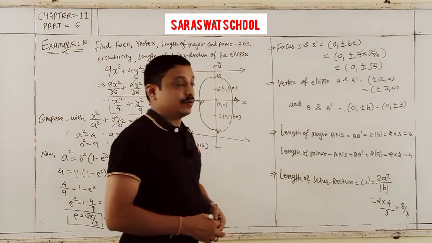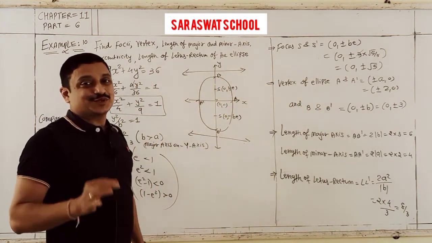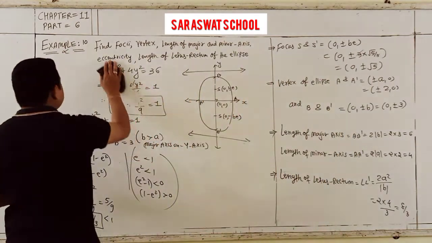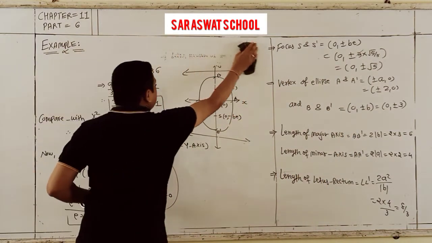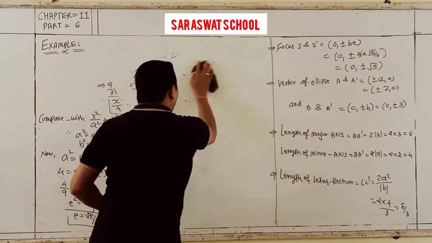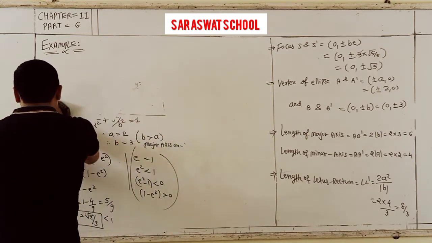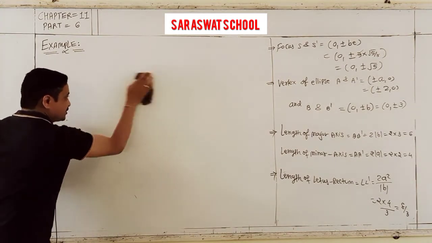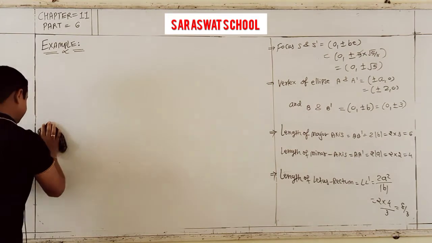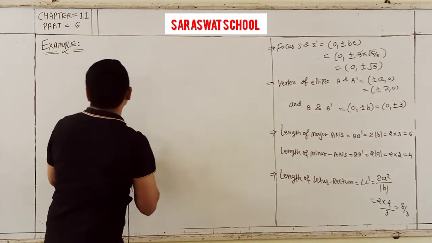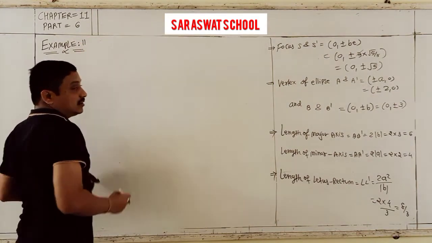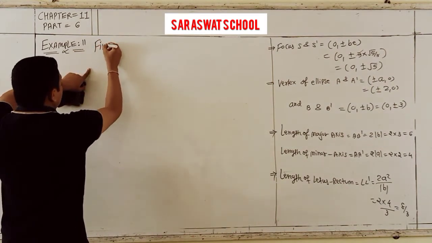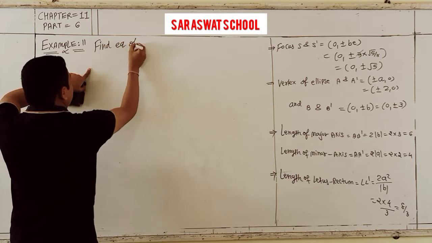And here our next one is also a 3 marks question, students. Easily and happily done. Now example 11. Example 11 has the equation derived and given the foci and the vertices. Yes, find, question number example 11. Find equation of ellipse